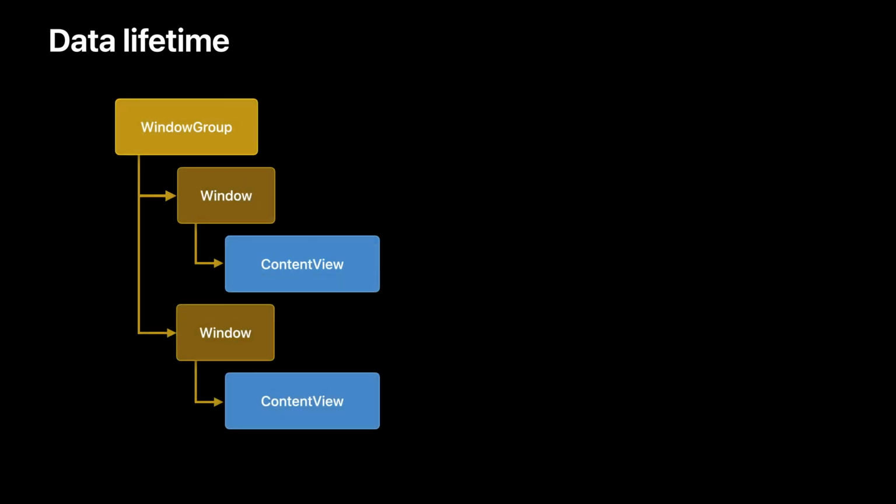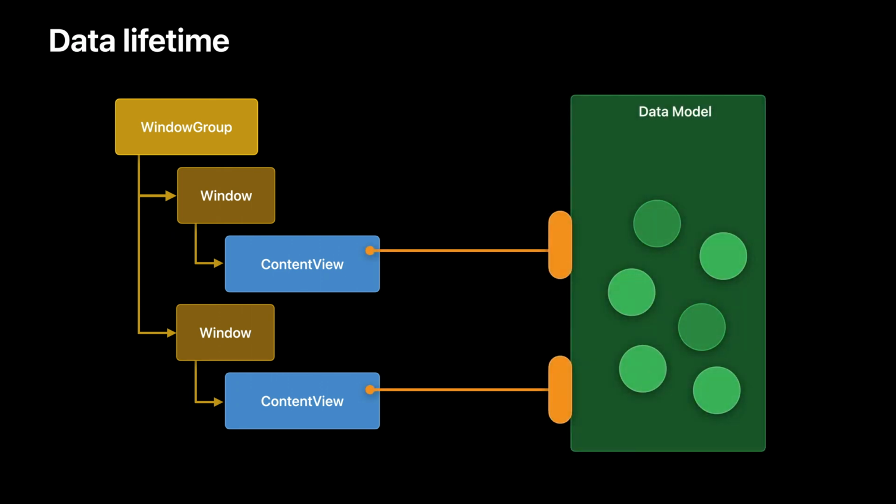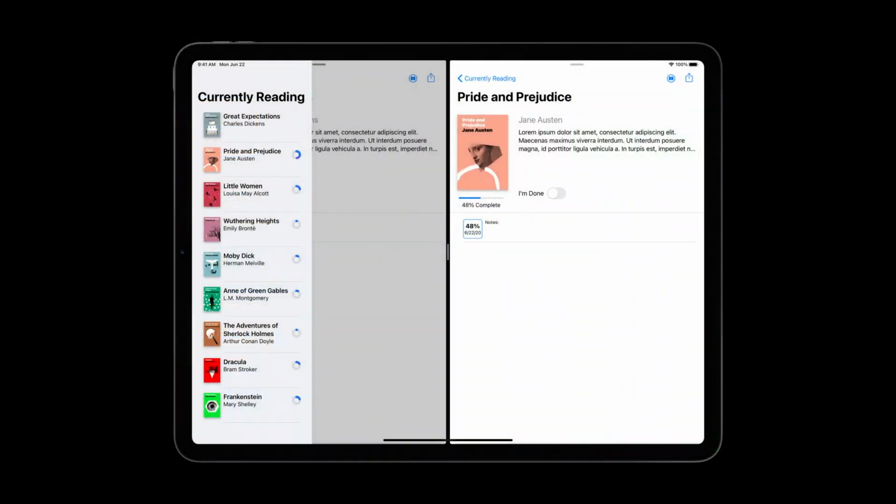Next, let's talk about scenes. Because SwiftUI's scenes each have a unique view tree, you can hang important pieces of data off the root of the tree. For example, you can put a source of truth on the view inside of a window group. In doing so, each instance of the scene that the window group creates can have its own independent source of truth that serves as a lens onto the underlying data model. This works great with multiple windows. As you can see here, the two scenes have independent UI states that represent the same underlying data. So now, Luca can go to two online book clubs at the same time.